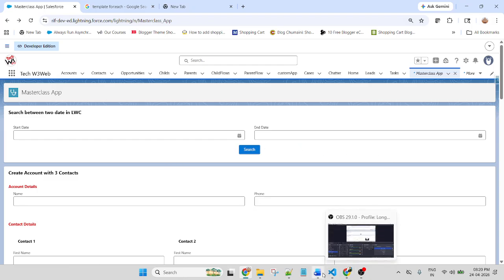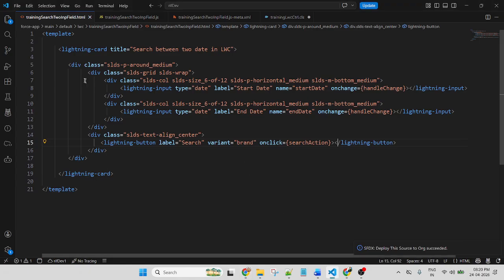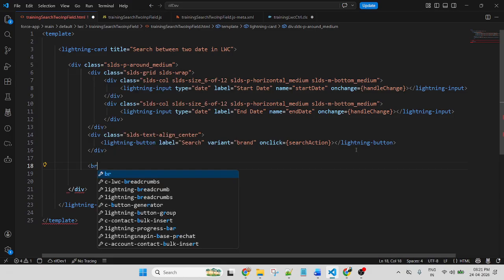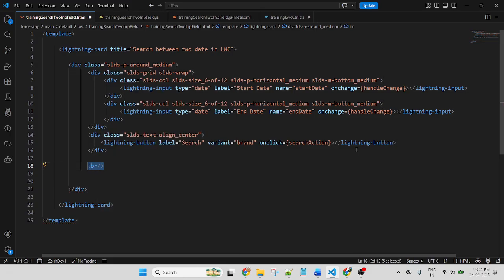So now I am creating a table below the button. This is a container. This is my button. So below the button, I want to display the table. So give a space, BR two times.